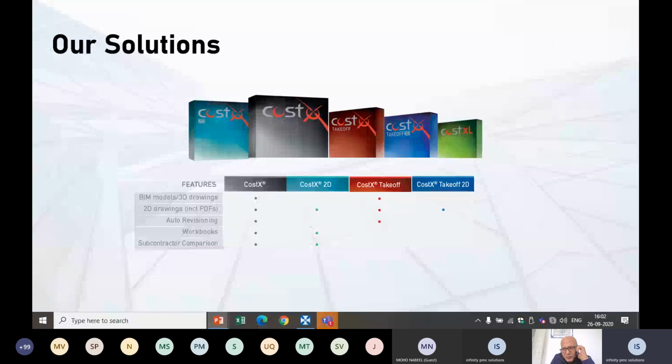And finally, we have one more solution, which is Costex Viewer. As I told, Viewer is a free downloadable tool where you can view the projects. You cannot work on the project, but you can view the projects. So there you can view your team members' work. Say, suppose you are top management and you want to view your project team's estimates, what they have prepared, you can use Costex Viewer. And if you are a contractor receiving a tender from your client in the Costex format, then at that time you can use Costex Viewer.